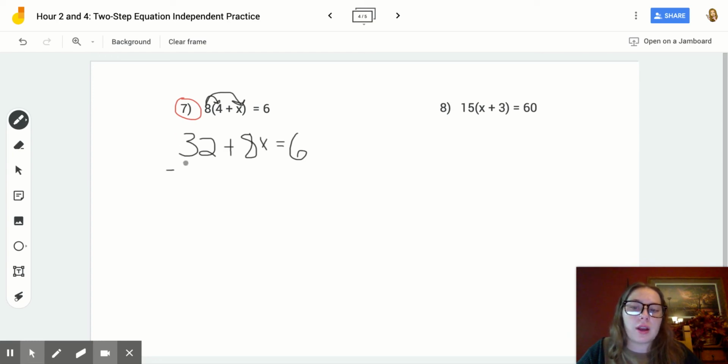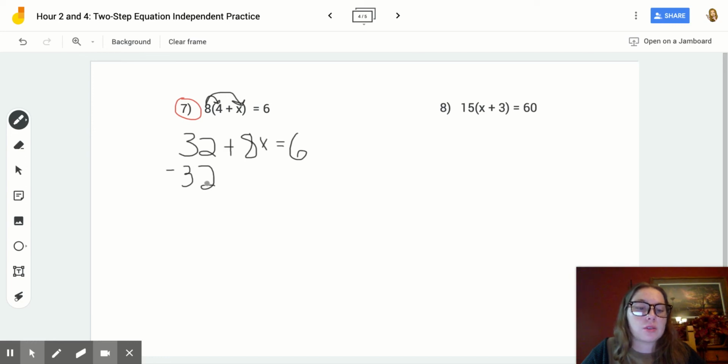And I know that because our whole goal in canceling out is just for things to equal 0 or equal 1. So in this case, a positive 32 minus 32 I know is going to be 0. So I'm going to do 32 minus 32 on both sides. That cancels out. We're left with positive 8x equals